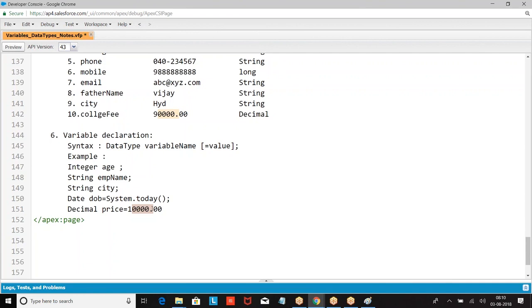Any variable created with a primitive data type is called a primitive variable.